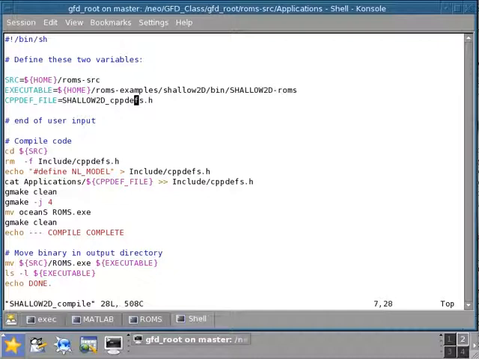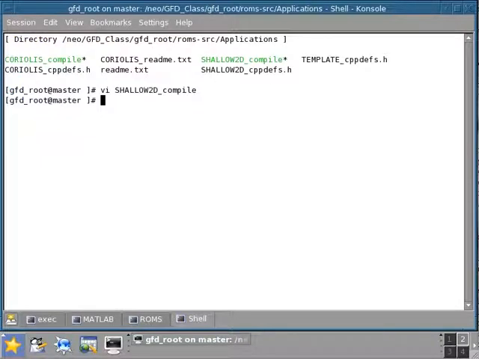Okay, and we're also going to initialize this variable that says that the cppdefs file for this application is shallow2d_cppdefs. With that in mind, we can close this, and then we can just run the compile script